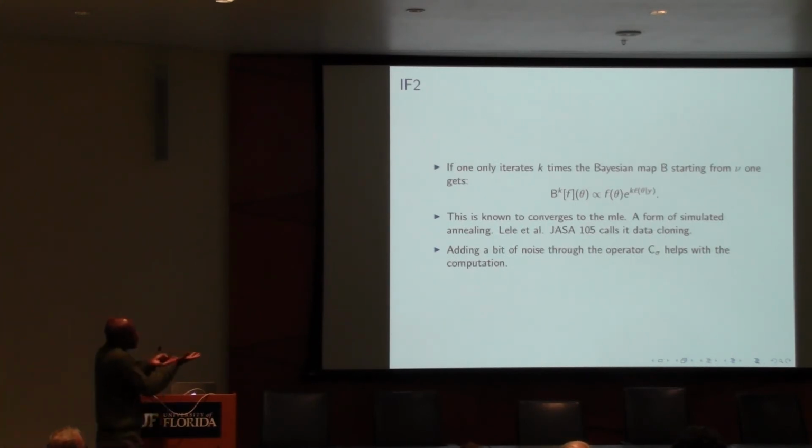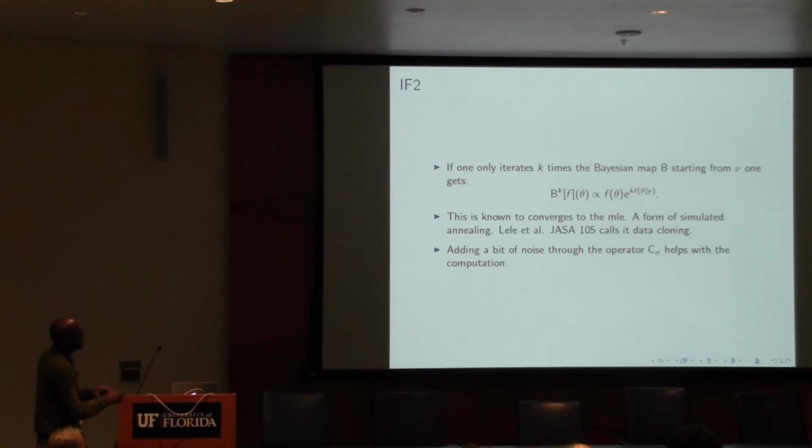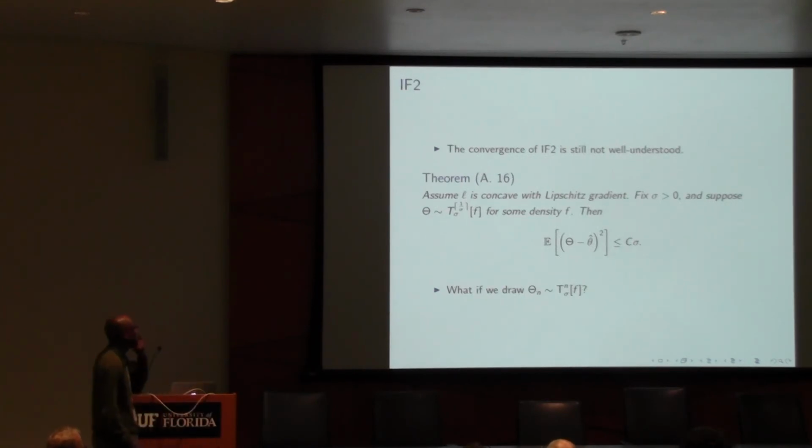Well, we're actually just adding this noise operator that we stick in the middle, and it gives you a lot more in terms of computation, and it behaves a lot better. And we call it iterated filtering 2. We have some results, but the result is not very satisfactory. The only thing that we can prove really nicely is that